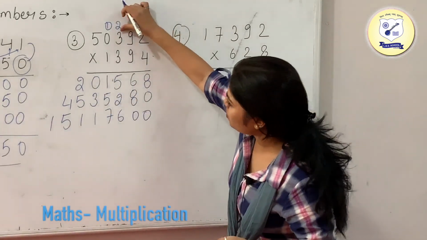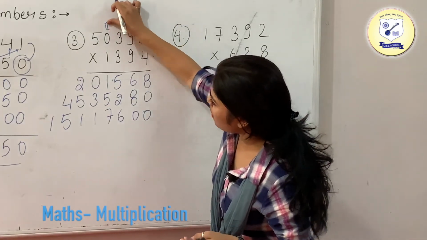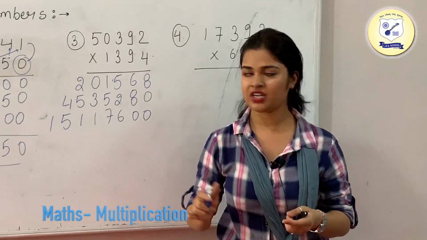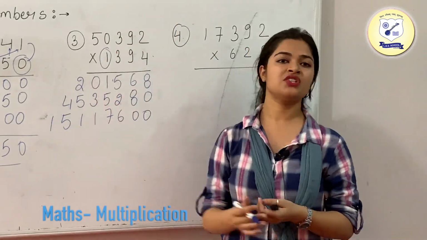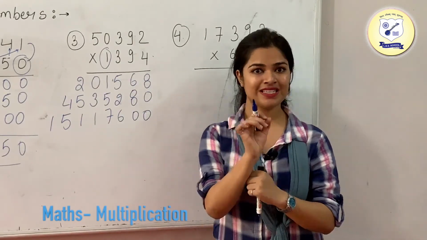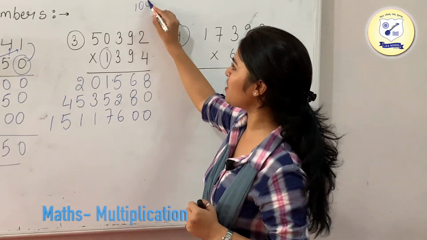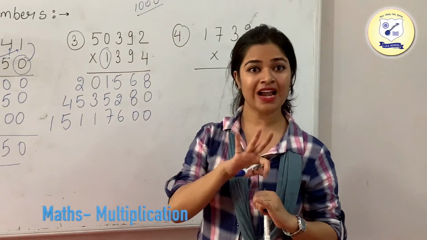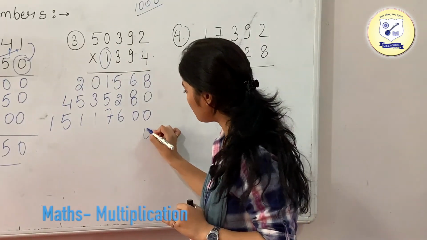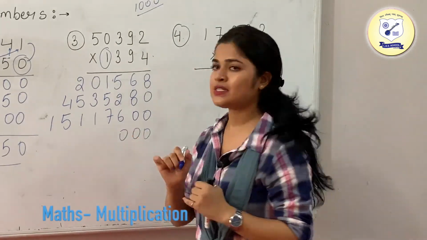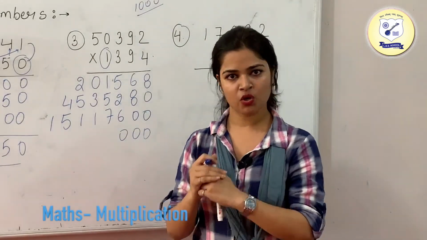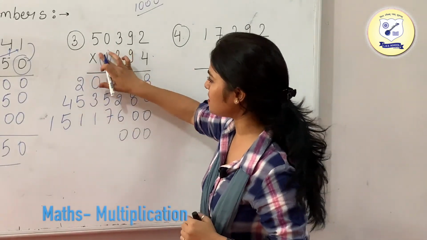Okay. Now the additional thing which I was talking about is when you are moving to the fourth digit, since this is your 1000 digit number, the place value of this number is 1000, and in 1000 how many zeros are we having? 3. For that, what we are going to do is we are going to put 3 zeros before starting the multiplication of the 4 digit. Okay. So now just start multiplying these numbers.